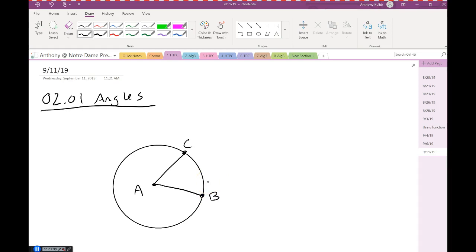Angles in trigonometry. So let's say we have a central angle here. When we talk about a central angle, what we mean is the angle whose vertex is at the center of a circle. Everybody remember that terminology from geometry, at least after a little bit of reminding? Okay? So we're going to create a new measurement for angles. So if we have a central angle,